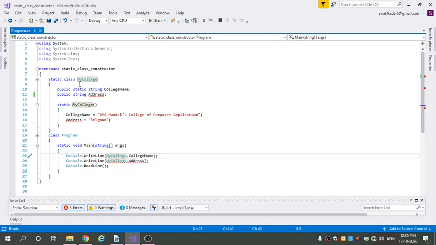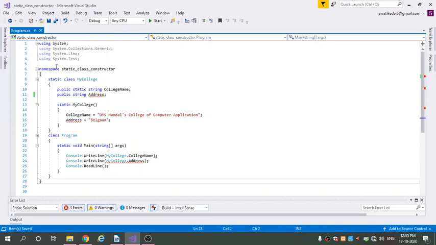MyCollege is a static class name, and with dot collegeName we are accessing it without an object. Here also the same, Console.WriteLine MyCollege.address, we are printing the address using the class name without using an object. We access those fields. After that, the Console.ReadLine method, and we close all the brackets and save the program.